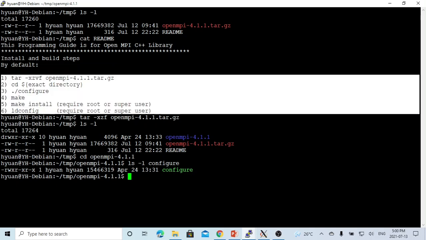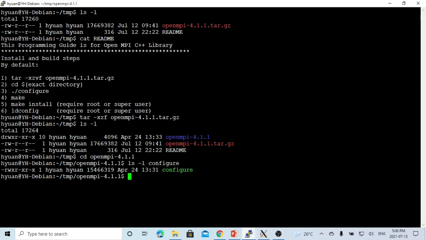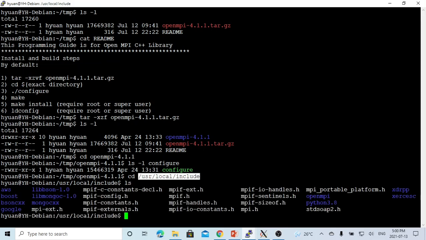Now after we finish these steps, how do we verify this? First, as a C++ library, we have to check the header files. By default, header files are copied and installed under the /usr/local/include directory. You can see after we installed, we have a few mpi header files. Most important is